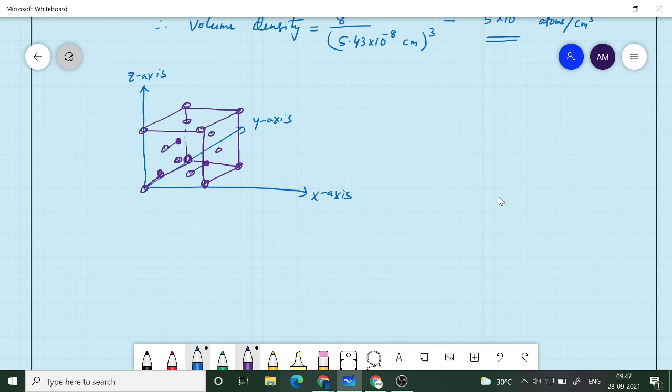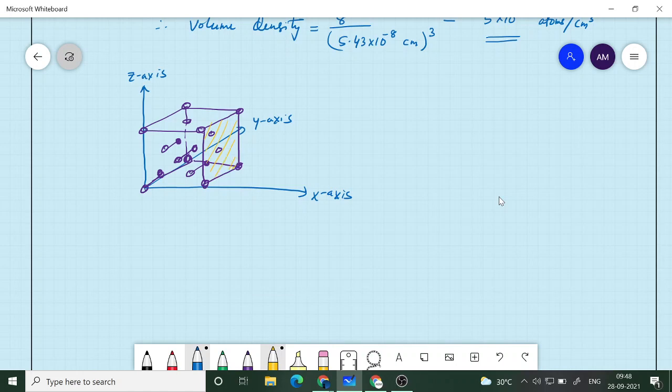Okay, so there will be 4 coming inside, and also the front surface will also have an atom coming inside. Okay, so now if we consider a plane, the simplest plane is the 100 plane, which is parallel to xz, or you can say this plane. So this plane, we have seen, is the 100 plane.